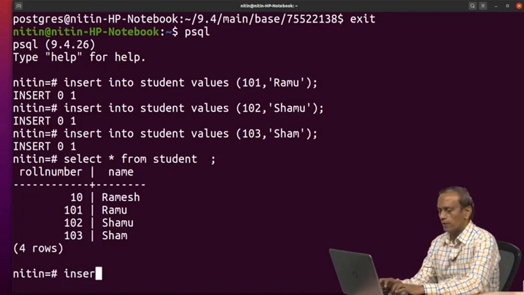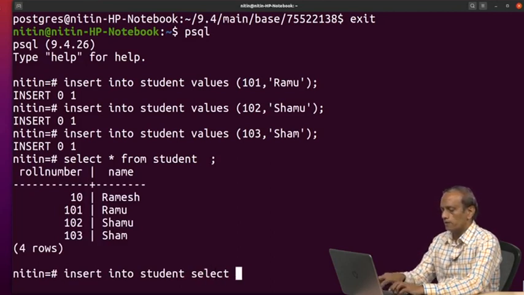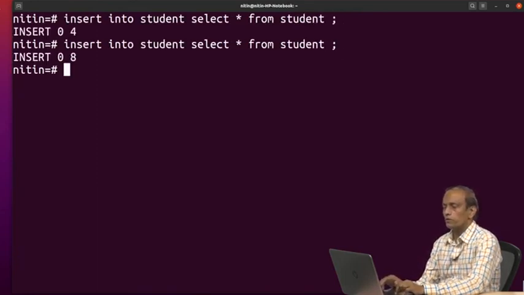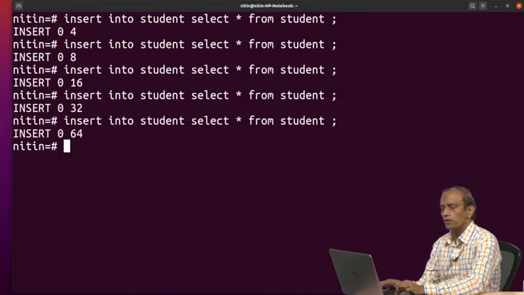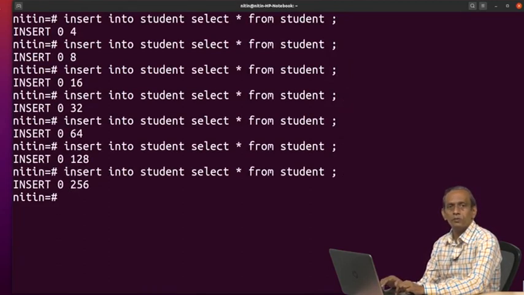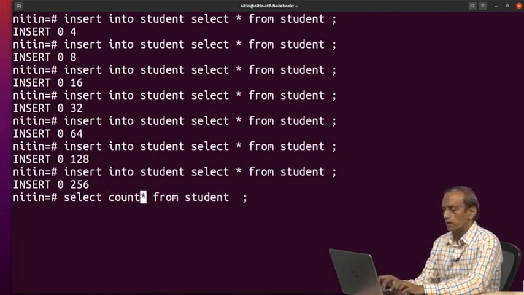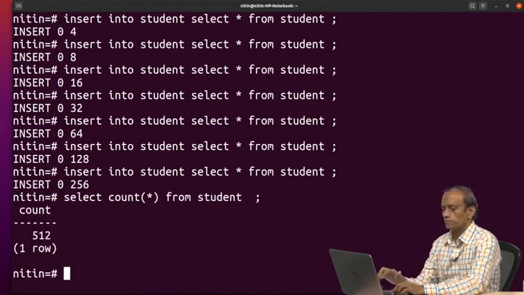If I now write this query, INSERT INTO student SELECT * FROM student, it will insert 4, then 8, and go on, so you will get so many records. Now, if I go back, how many records would be there? Let us write SELECT count(*). The total number of records is 512.